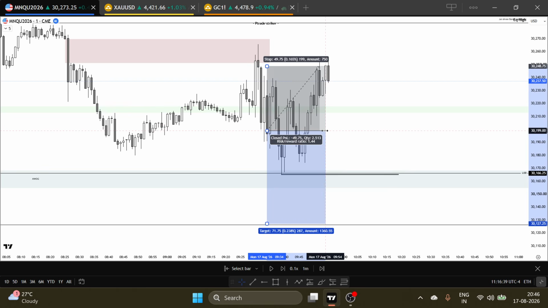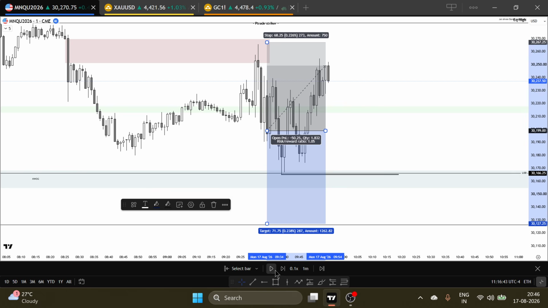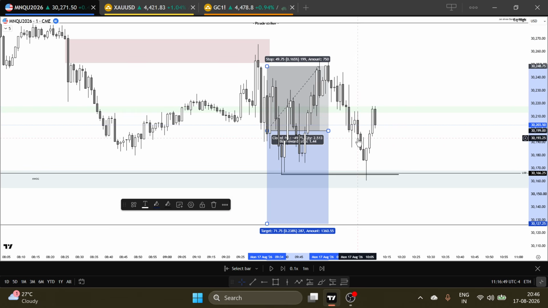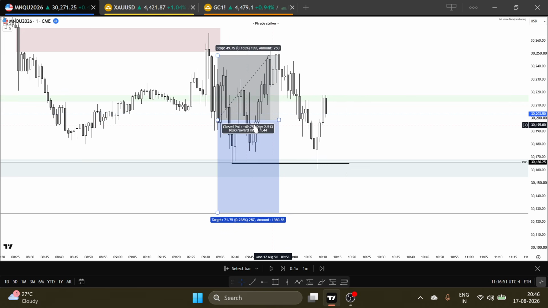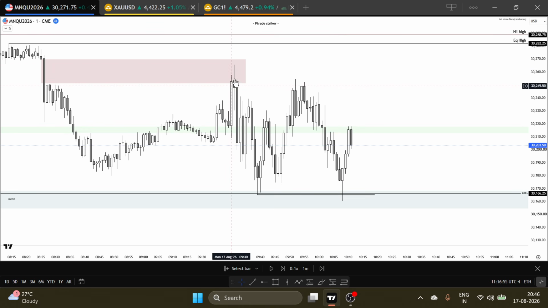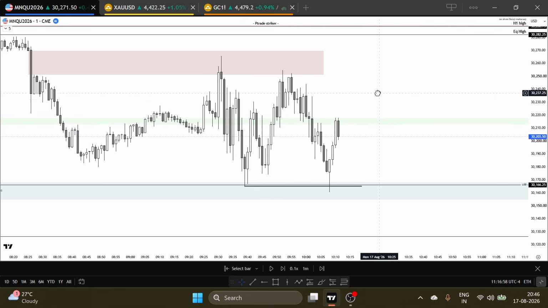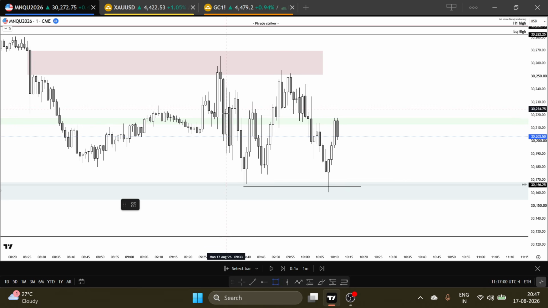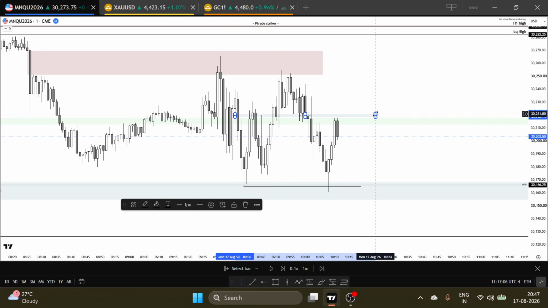So I got stopped out, and I was thinking maybe I would set my SL here and hold this position because I really wanted price to go down. Now after this SL, what I thought was that price keeps respecting this 5 minute fair value gap, right? Also, here we have this fair value gap.